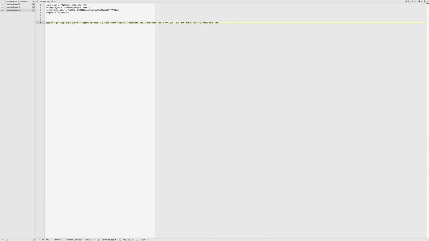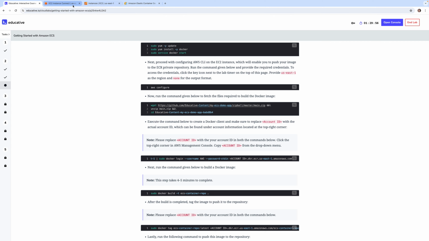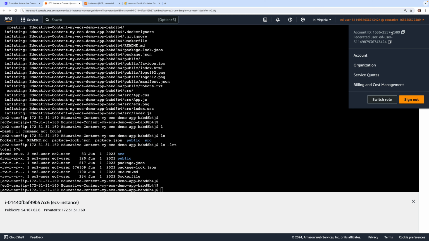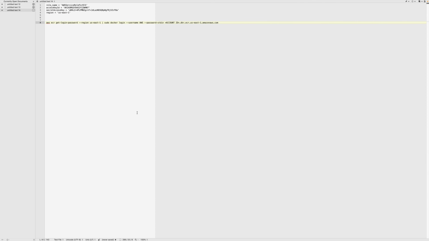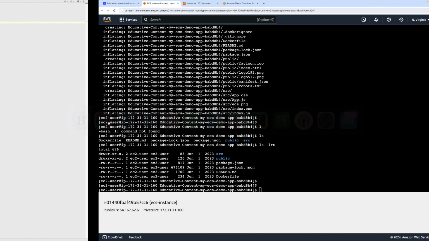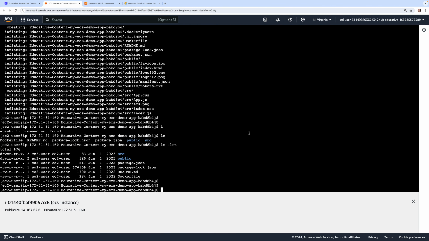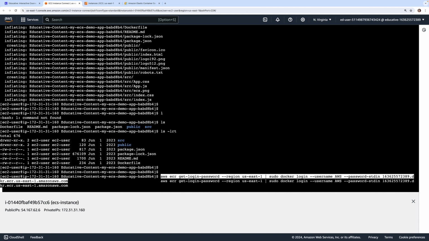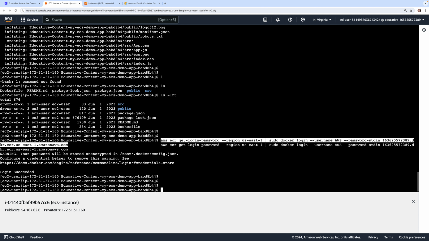We need to get our account, and account is also challenging, but let me see if we can get account ID. We can just copy it, and I need to pass here account ID. Hopefully it will work. So basically it is doing some access which we set up just now. Oh, thank you. We are able to log in